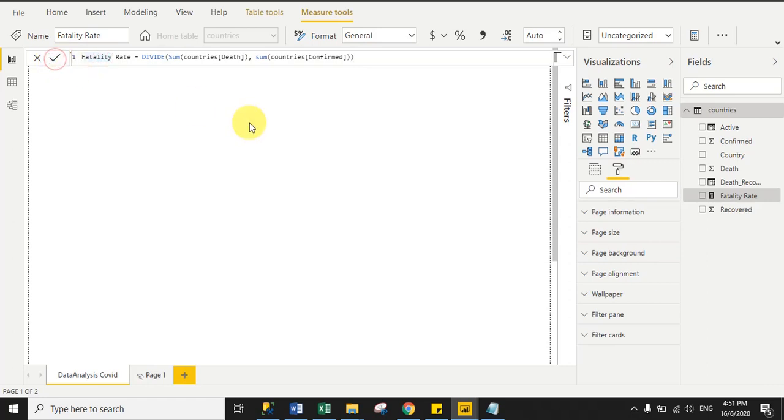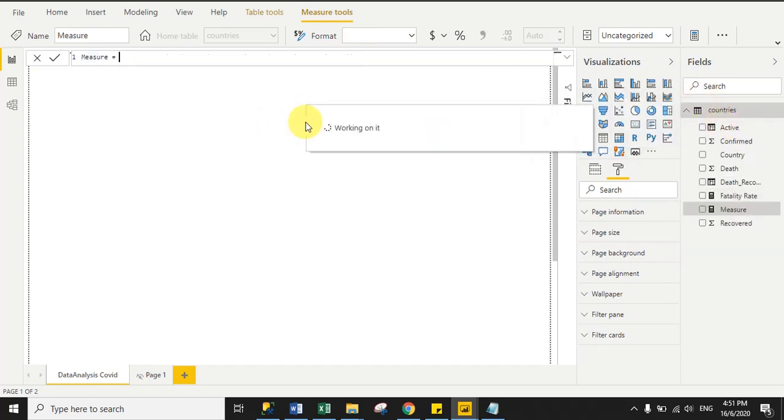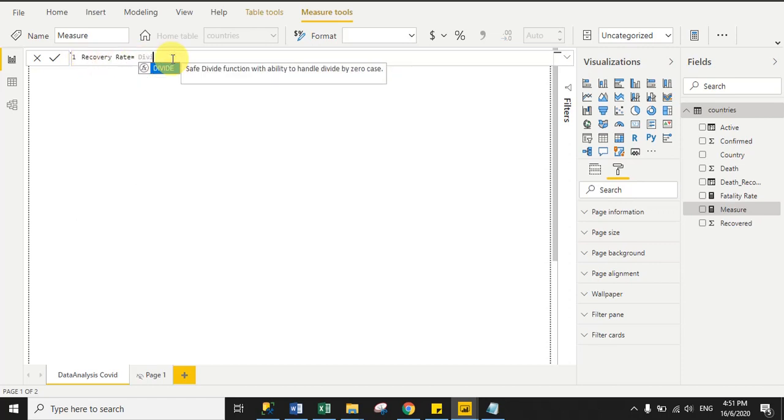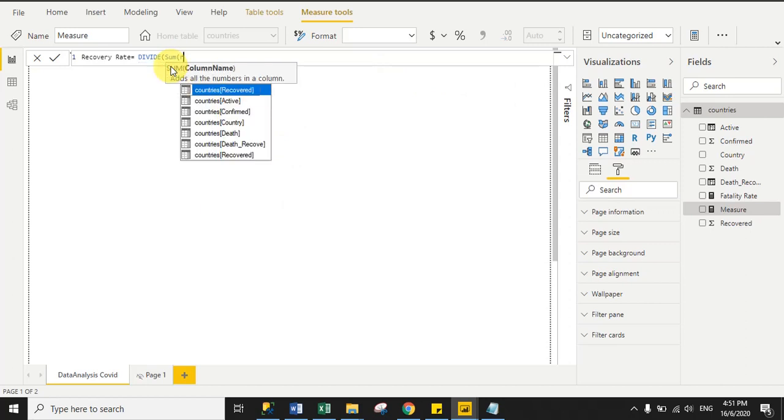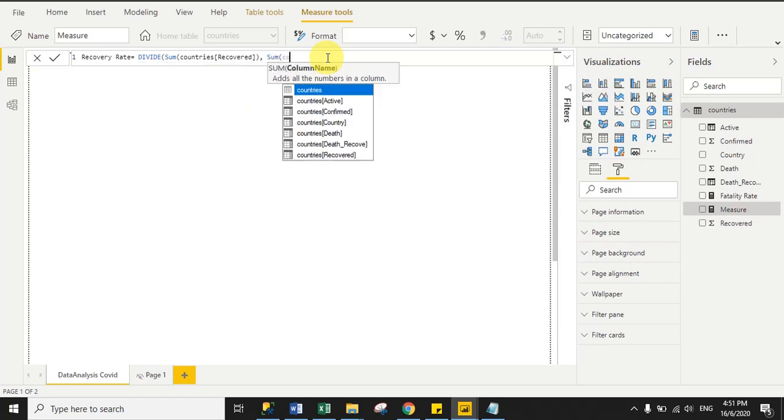Okay, now we need the total recovery rate. So just right click on the dataset, click New Measure, and change the measure name. Here we need recovery rate. So here we will use the DIVIDE DAX function, and here we need the sum of recovered cases divided by the sum of total confirmed cases, right?